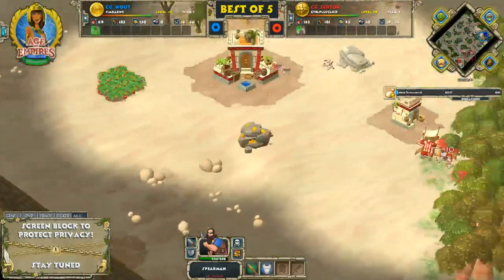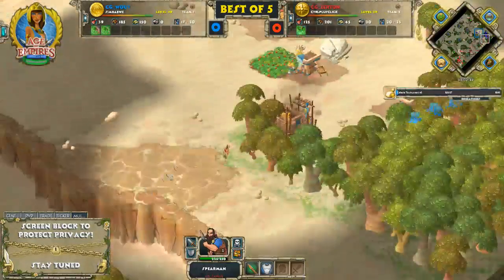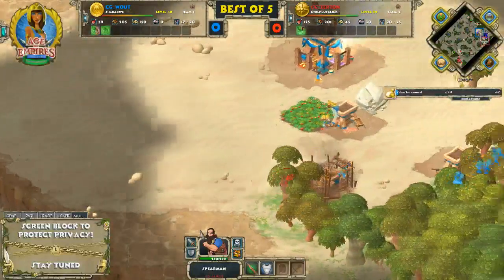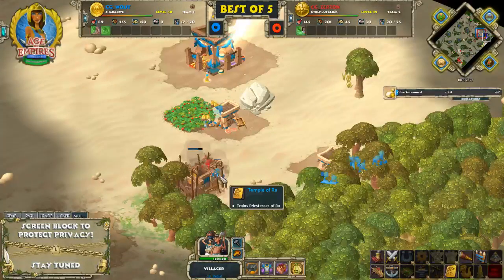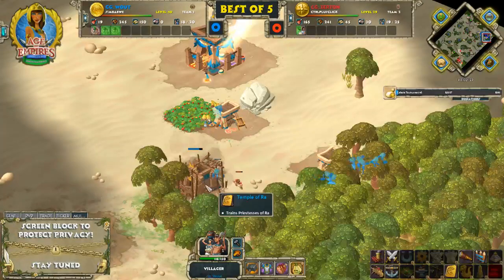So only 2 spearmen made by Zerdan. Oh, never mind, 3. These guys just came another route. You might actually be able to knock this villager off this temple. And if he can deny this...